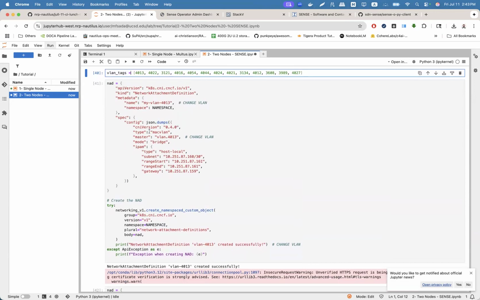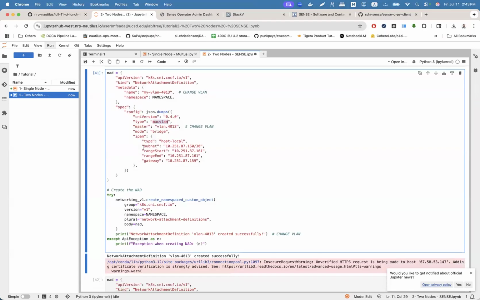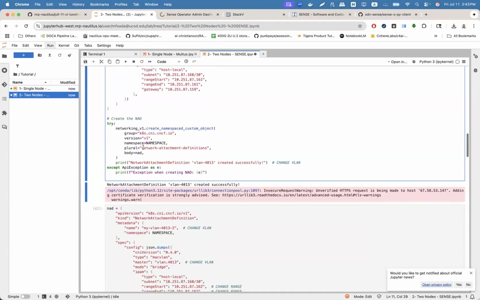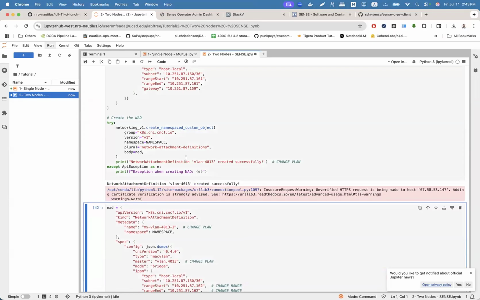And you can see here, I'm creating my network attachment definition very close to how I did it in the first demonstration through Multus, except that I'm setting the type as Mac VLAN, and this is the master interface on the node. So the physical nodes, the orchestrator starts the actual interface on the node, the VLAN interface, and I can just use that as the master and set the type as Mac VLAN and add my subnet, my gateway in a coherent way so there's no collisions and so pods can route to each other. And I can go ahead and create it.